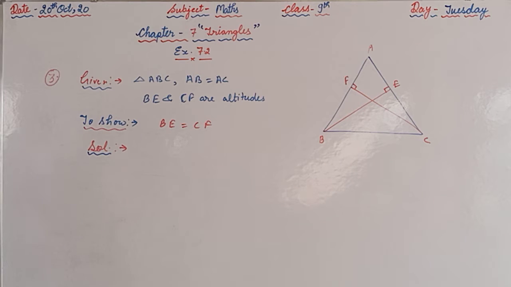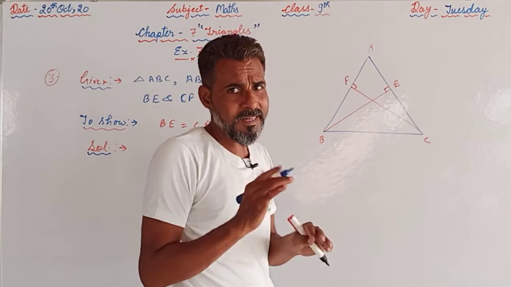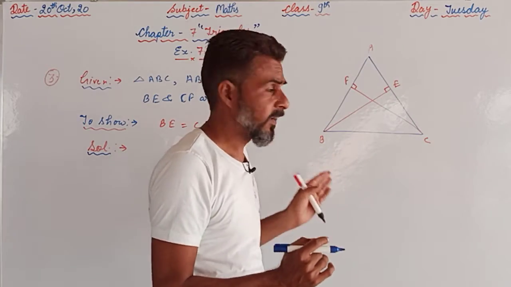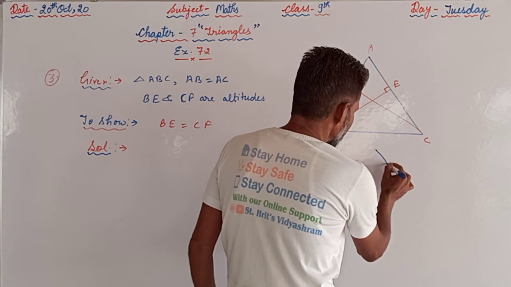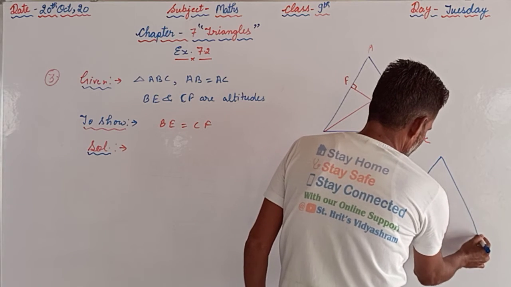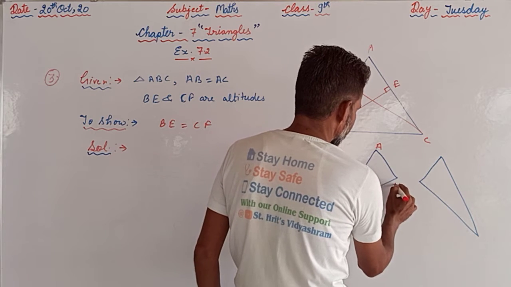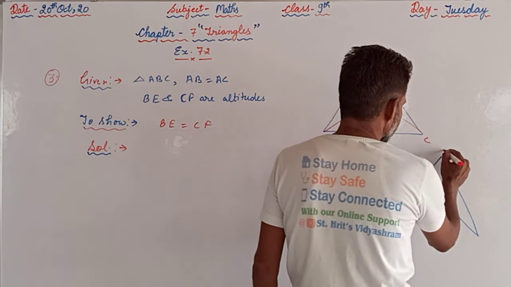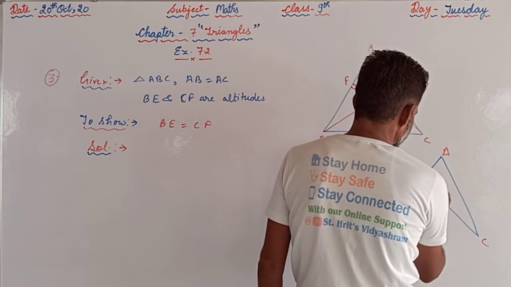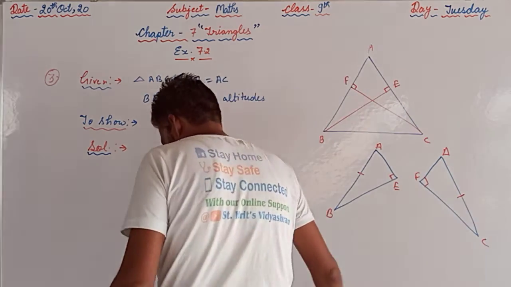Now to show this, I told you many times that before practicing you cannot split up the figure into two parts. So for that you can draw the rough figure. Split rough figure, that is A, E, B, and that is A, F, C. This is a 90-degree angle, this is given, and AB is equal to AC is also given.